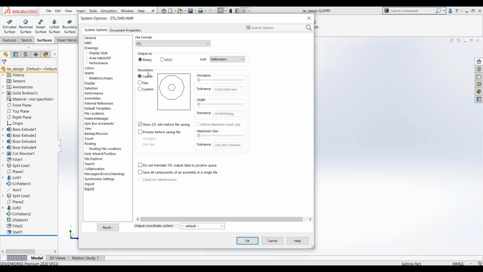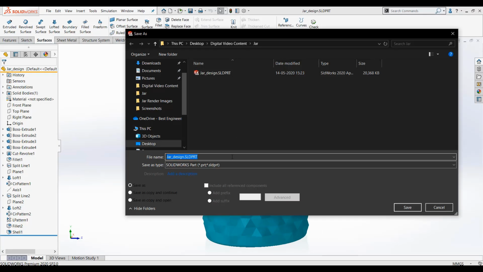Thereafter I will use binary to have a small file output, and units as millimeter. Here comes the important part, that is resolution, which controls the finish of your product. Then we have coarse, where you can see the facets. Fine increases the deviation and number of triangles, and it is also used for regular jobs. For a perfect finish, the job must choose custom. Here deviation is meant to control the global mesh and angle to provide fine details. Once you are done with it, save the settings. Then you need to save your part as an STL file.